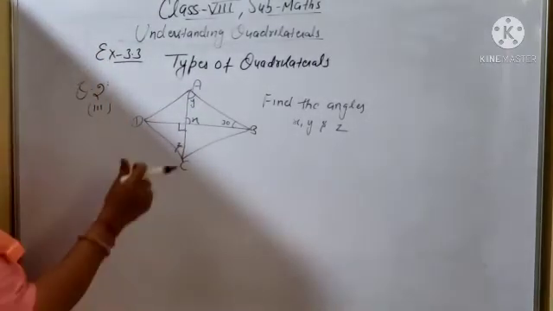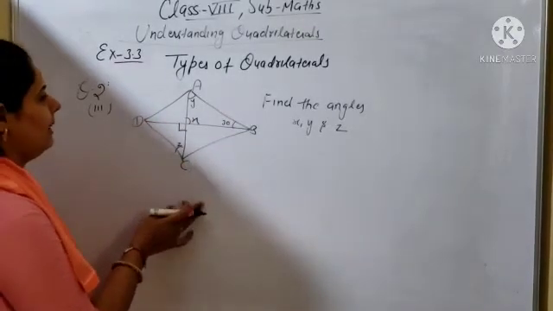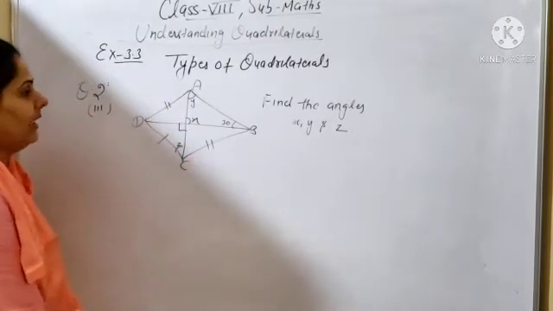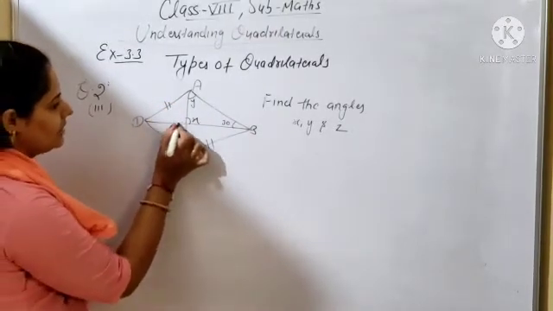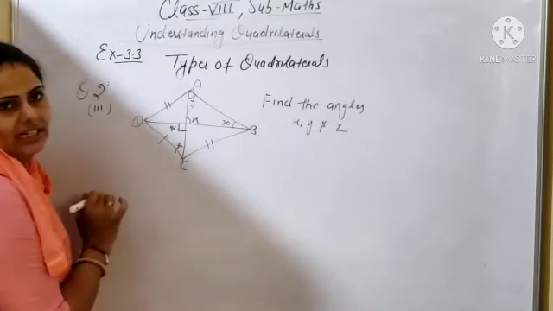You have to see. First, beta, this one is parallelogram ABCD. Here ABCD is a parallelogram. This side is parallel to this one, and this one is parallel to this one. So here you can see, beta, this one angle is given as a right angle, so 90 degrees.